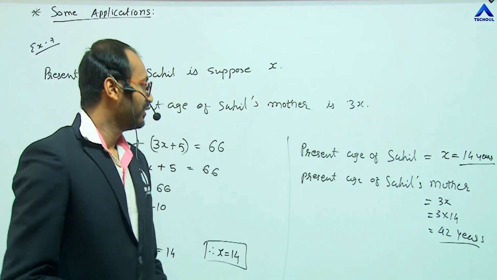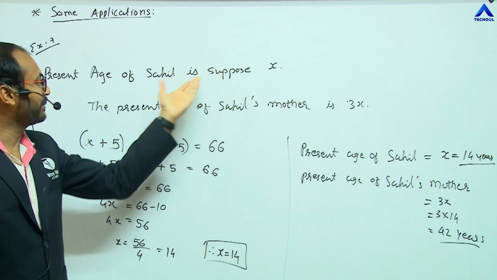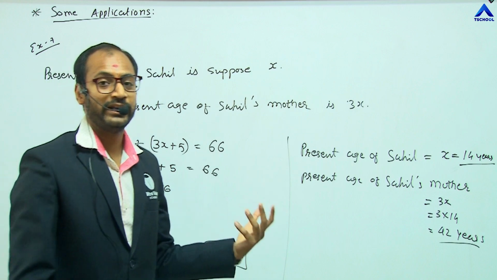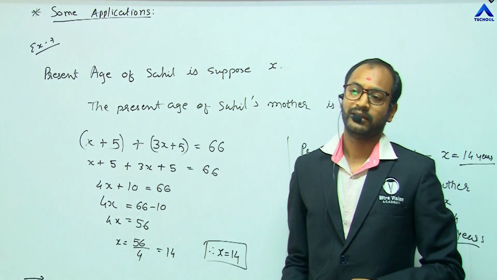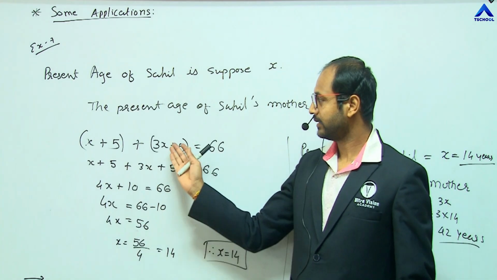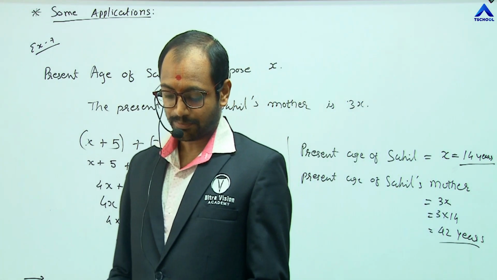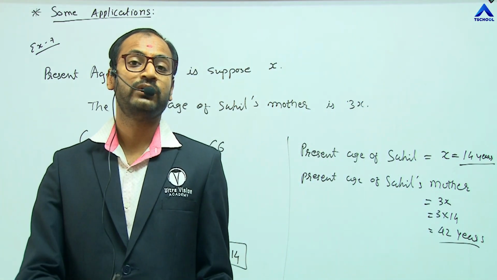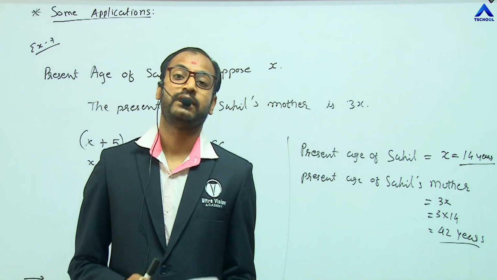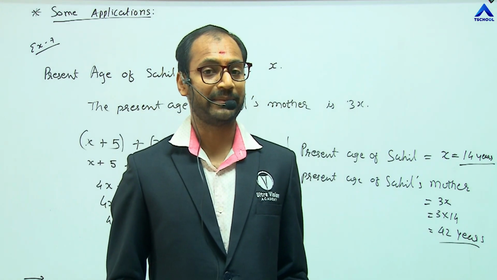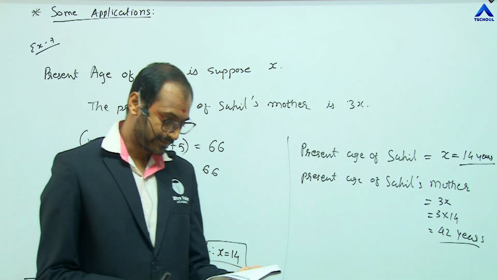So we can simplify a practical problem. This is a practical problem: how we can guess the age of any person. We can find it by using an equation. We can solve that. These types of problems are very important for the future, in standard 9, 10 as well as in government examinations. This topic is very important to solve many problems.